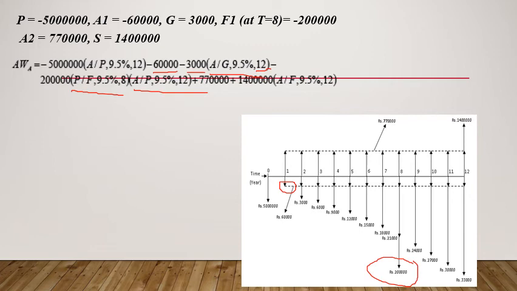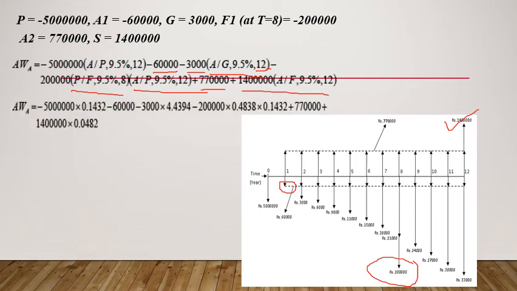and then 7,70,000, which is the annual income, and then the salvage value. Annual income, it's already A, there is no need to convert that again. Salvage value, it is at the end, there is no problem for me, I can straight away use the factor A by F comma 9.5 comma 12. So this is also done. All factors have been taken, substitute the values from factor table and get the answer as 34306.